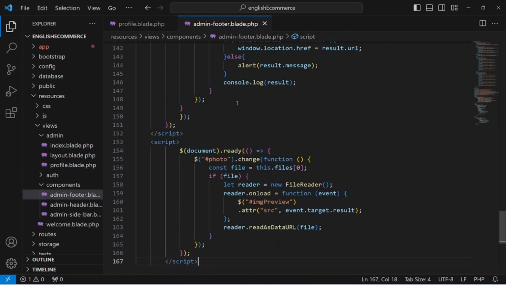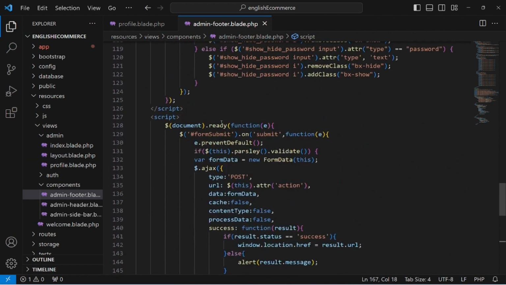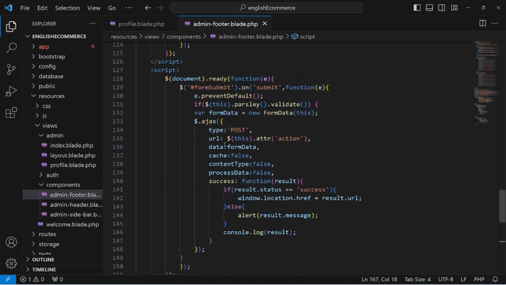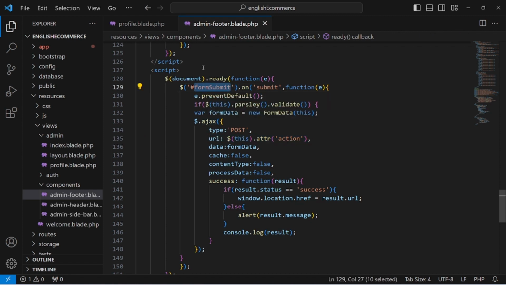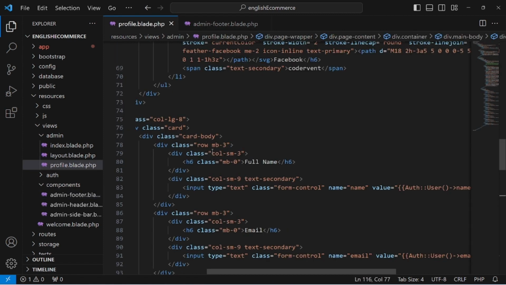If we look at our footer section, we have already made a script over there that if we have the id form submit on submit, it is submitting the form where we have the url dynamically. We have a universal function over there. So I'll just copy this form submit, and